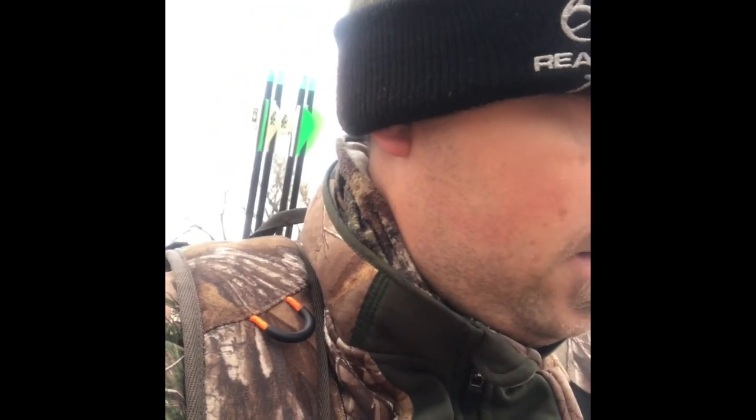It's pretty bright, but it looks like I got pretty good penetration, so we're going to back out and come back in just a little bit. I'm going to leave that arrow right there. I left you right over there with that blood. I found my arrow, and I said, well,